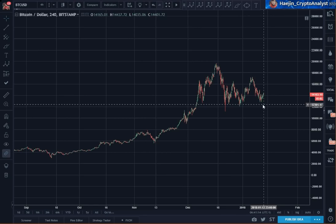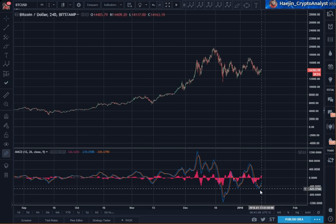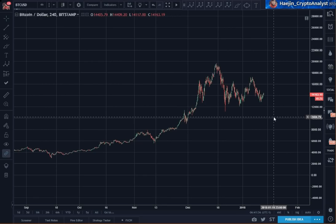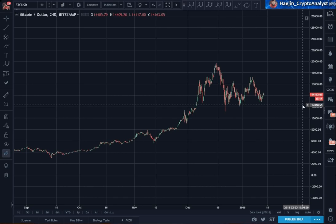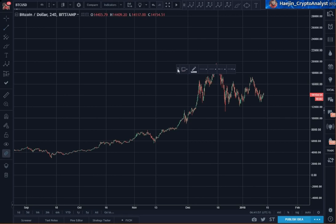A little bounce is currently taking place, and that bounce was predicated based on the oversold nature of the MACD. The key here is again to see which direction price will take. We are coming to a critical junction. And that critical junction could be